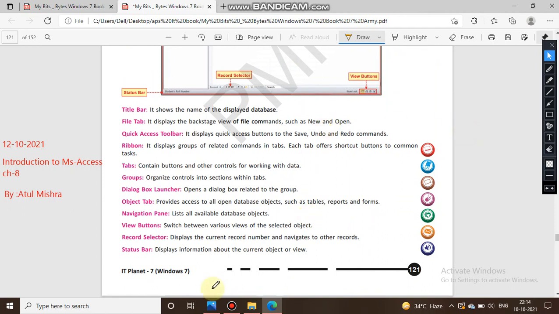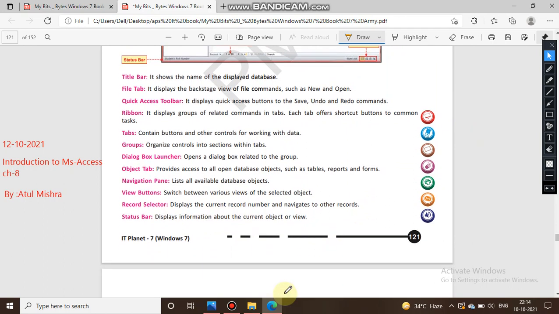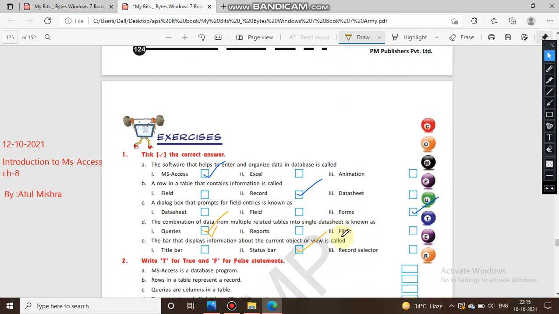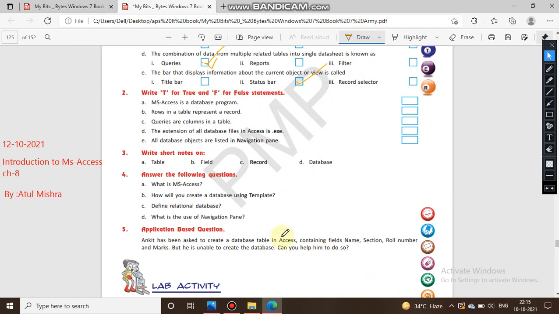A record selector displays the current record number or navigates to other records, and the status bar displays information about the current object or view. So see the difference. It shows the record number, but the status bar shows the current object or view. And the question asked is current object or view. So status bar. Okay. I hope you all are getting it.